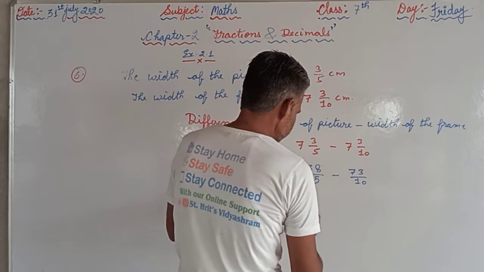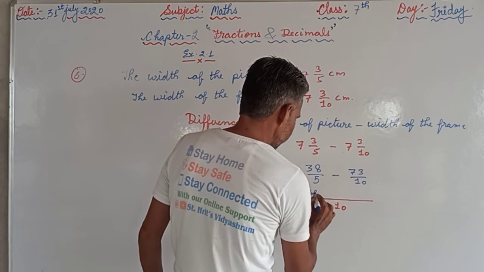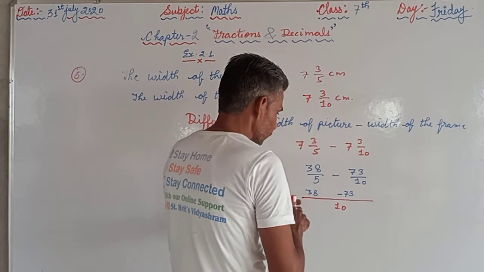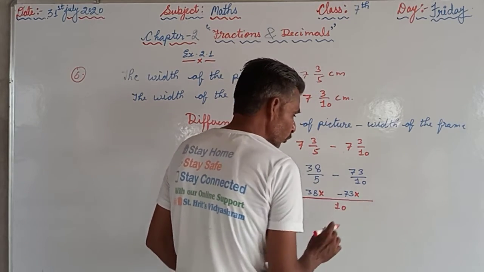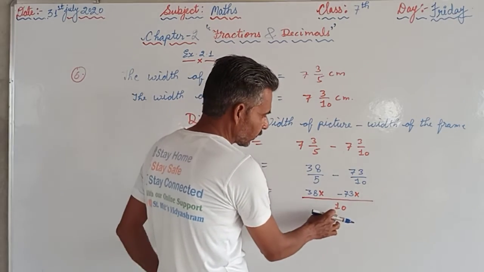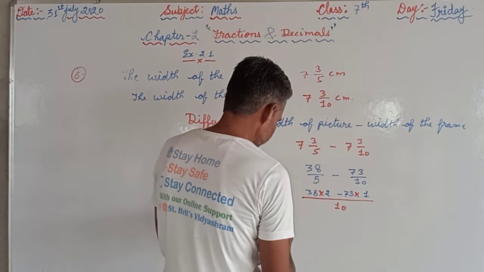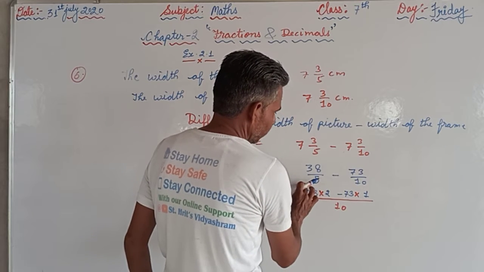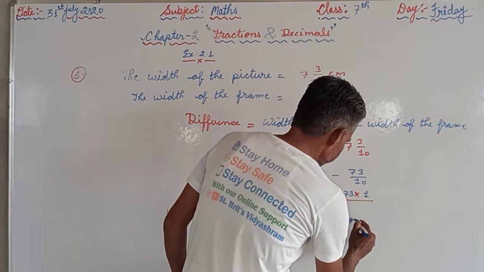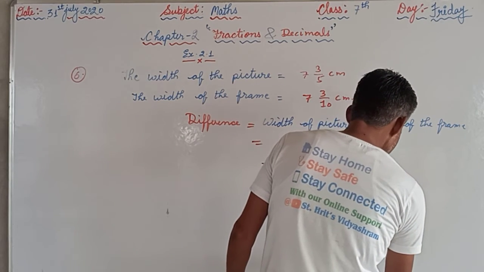So we will take the LCM of 5 and 10, that is 10, and we will write the same number 38, and here we will put the minus sign and we will write the same number. Afterwards we are supposed to multiply these both numbers by which number? We have to divide the LCM by the denominator. 10 divided by 5 is 2. 10 divided by 10, that is 1. So we will write here 38 times 2 is 76, minus 73 upon 10, that is 76 minus 73, that is 3 upon 10